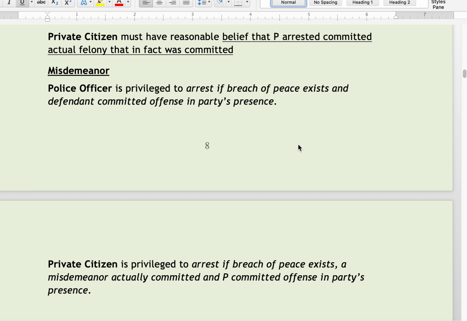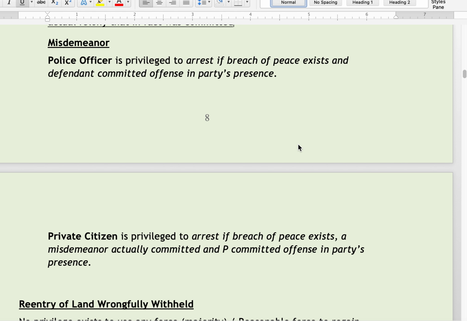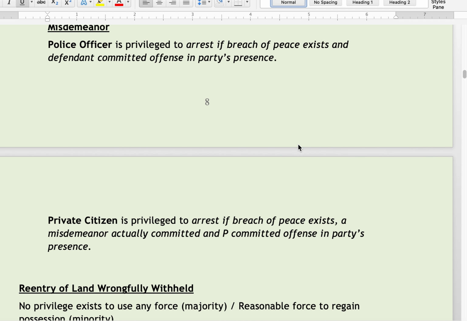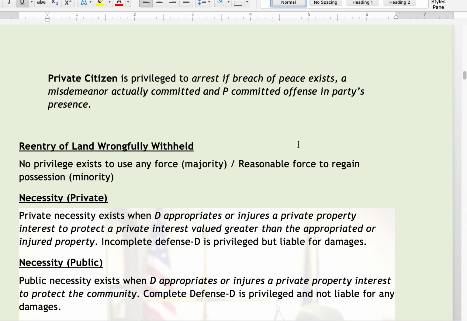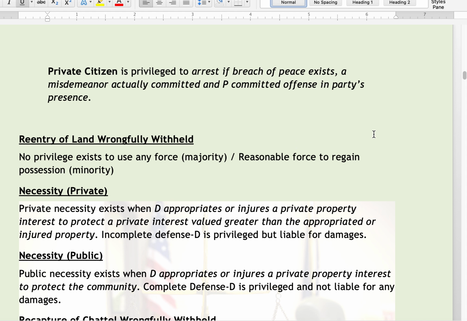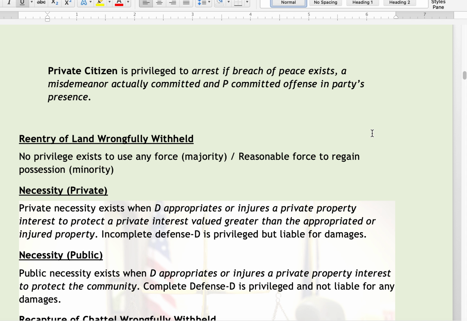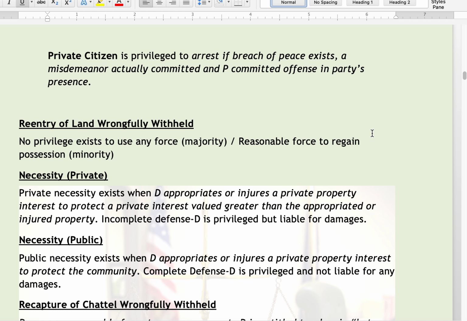Misdemeanor. A police officer is privileged to arrest if a breach of peace exists and the defendant committed the offense in the party's presence. A private citizen is privileged to arrest if a breach of peace exists, a misdemeanor was actually committed, and P committed the offense